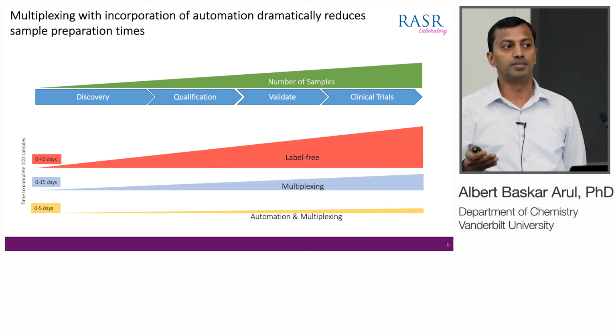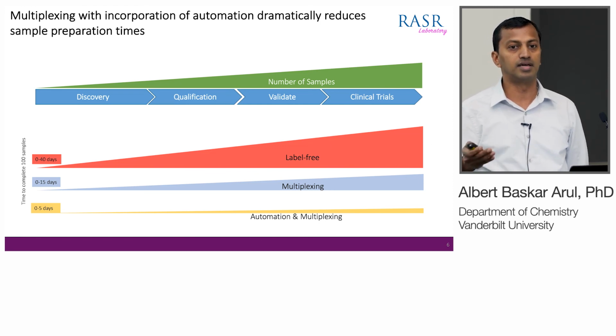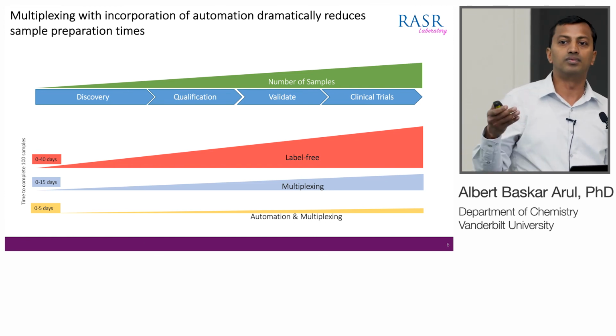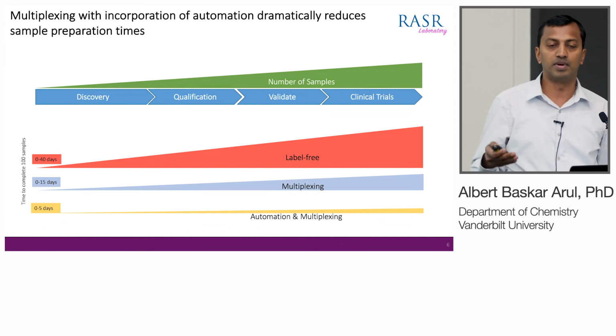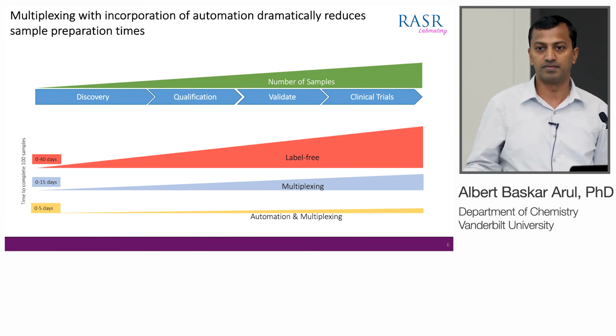So, this reduces the batch effects. If you have 100 samples done in 3 different batches, these batches will also introduce some errors. So, you might not know whether the variation at the peptide level comes from your batch effect or from the sample itself.